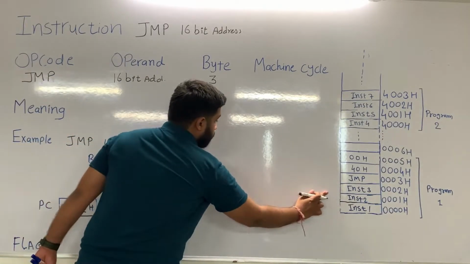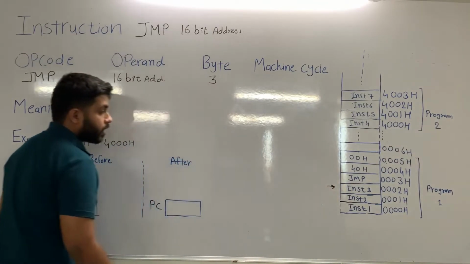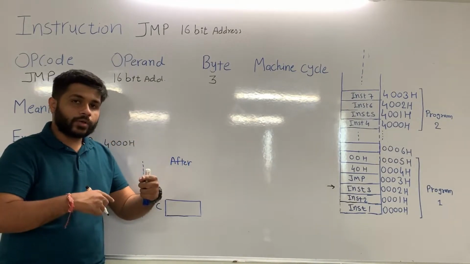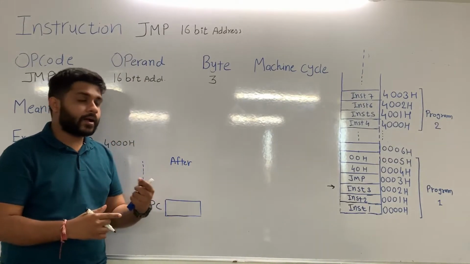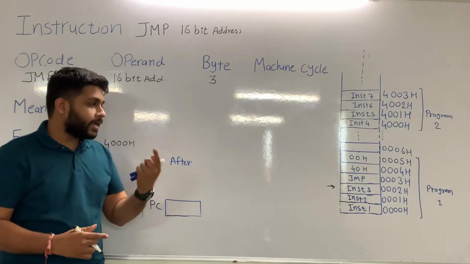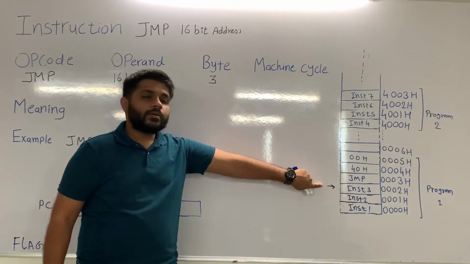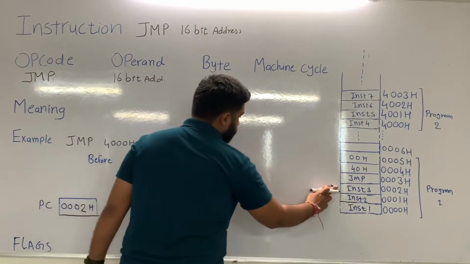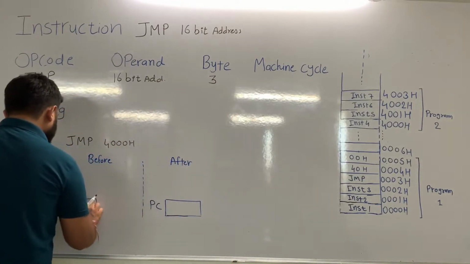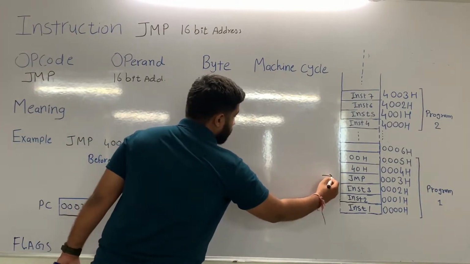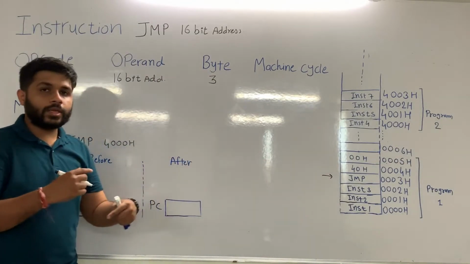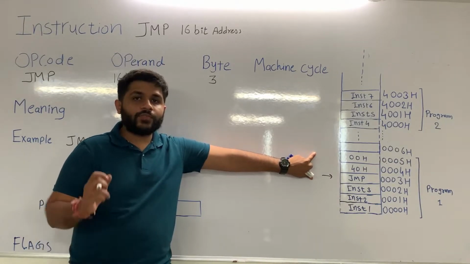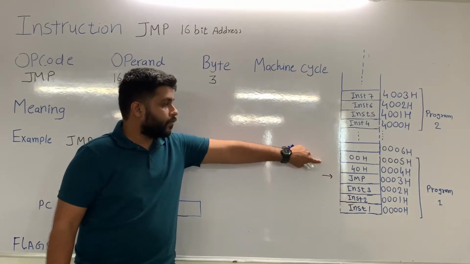So now the program counter is pointing to memory location 2. Now instruction 2 is fetched, processor will decode and processor will execute. After that again it will fetch the next instruction from the memory location 2. When processor fetches from memory location 2, again the value of the program counter will be incremented, so it will point at memory location 3. After that it will decode the instruction 3 and it will execute. Now the next instruction is our instruction that we have taken for example, jump 4000H.